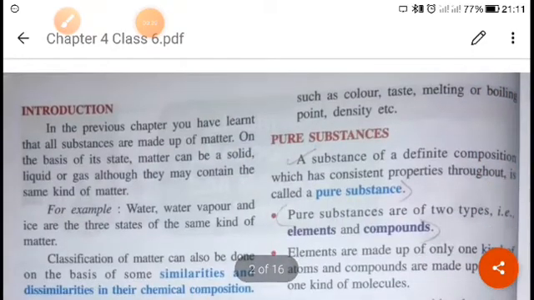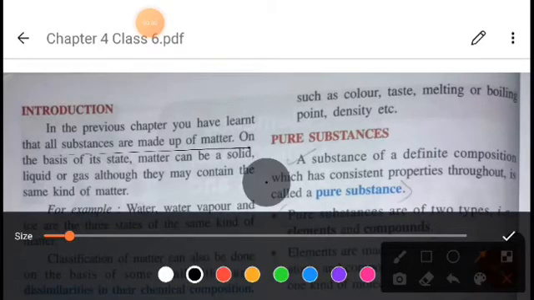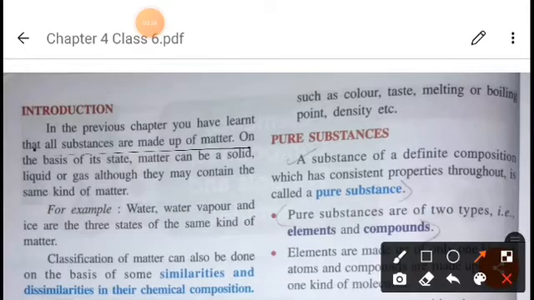So when we talk about this chapter, I hope you have learned chapter 3. In chapter 3, you have seen in the chapter Matter that all substances are made up of matter, right? All the substances which are present in nature are made up of matter, right? And on the basis of this,